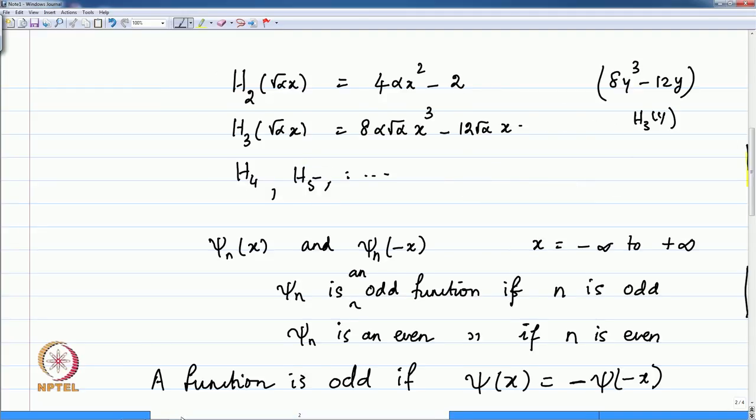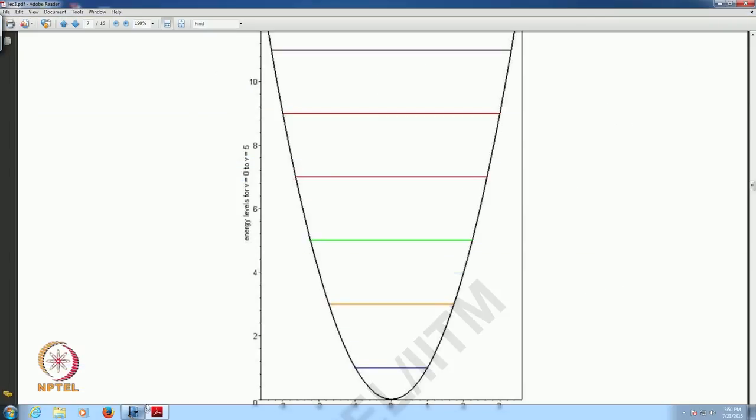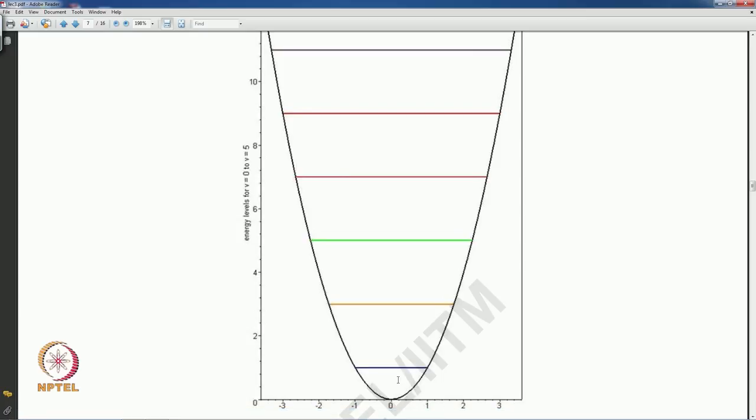So, what does that tell you? That gives you the picture that the energy levels are equidistant, and the gap between any two successive energy levels is exactly h bar omega. So, this is the half h bar omega, this is the 3 by 2 h bar omega, this is all in half h bar omega kind of units. So, do not worry about these numbers 2, 4, 6, etc. So, the base level is h bar omega by 2, 3 by 2, 5 by 2, 7 by 2, 9 by 2,